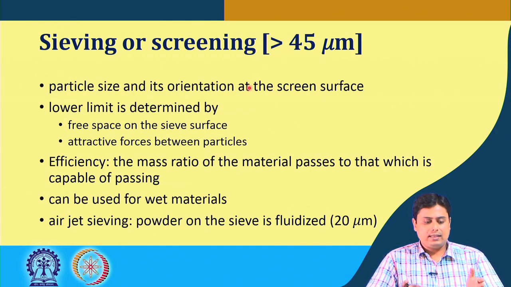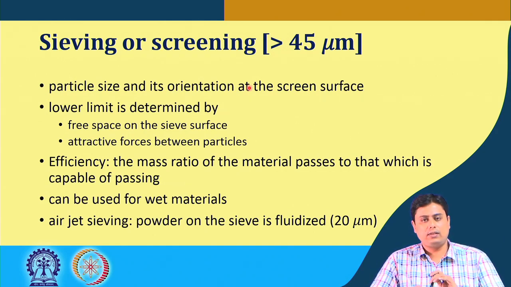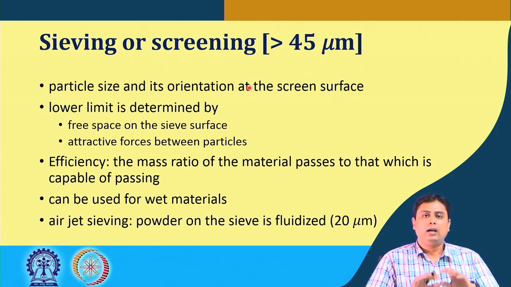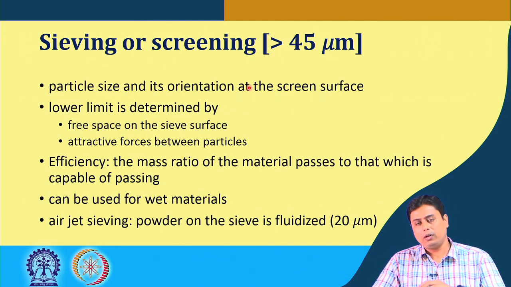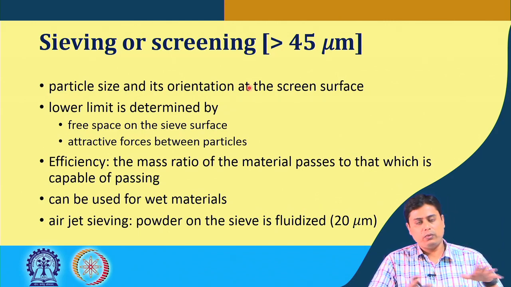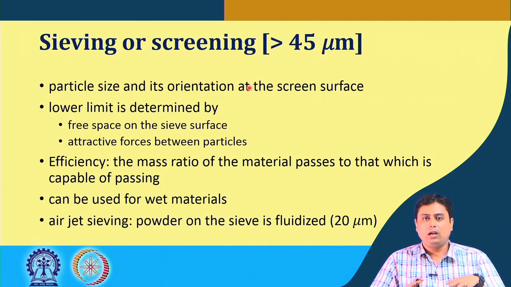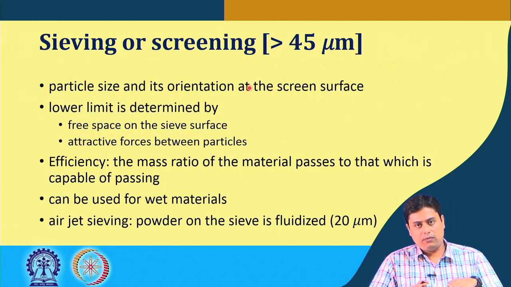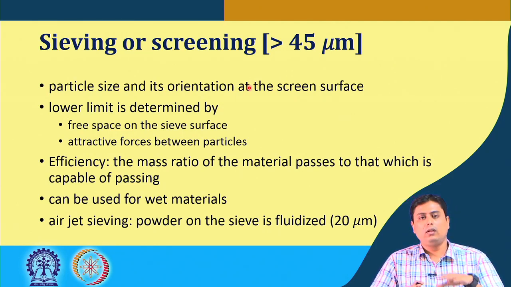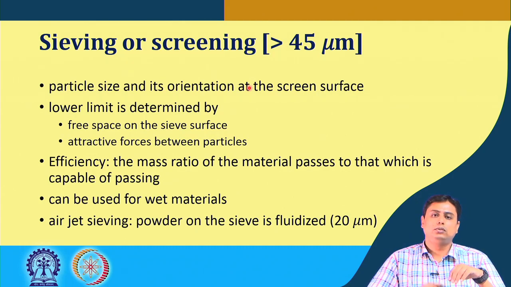Typically, such screening or sieving is used in a dry condition. That means the dry solid particles are dumped on the first screen, which is then shaken or vibrated. Its underflow goes to another sieve which has a lower aperture size, and then subsequently it goes through a series of screens.